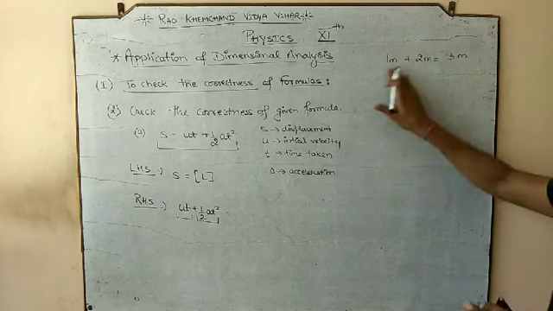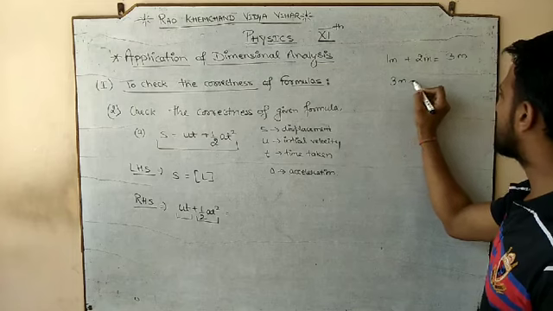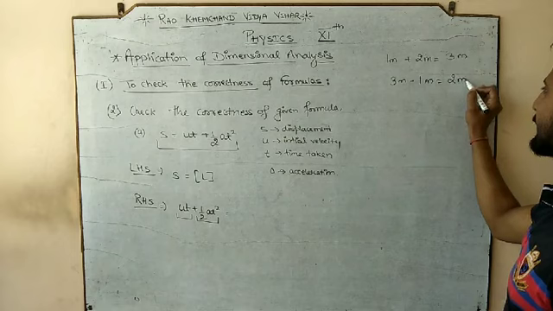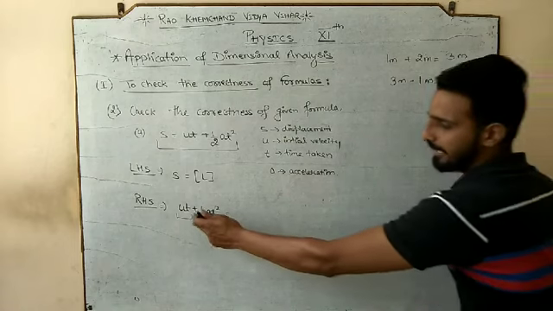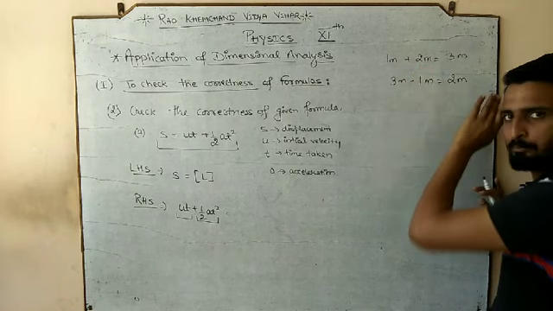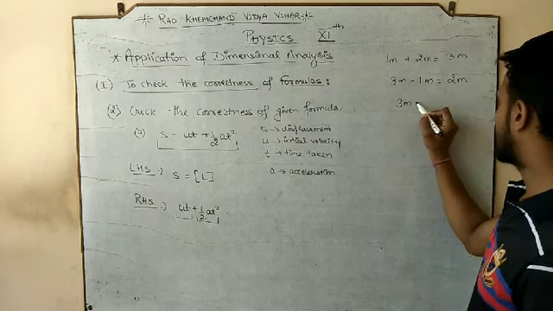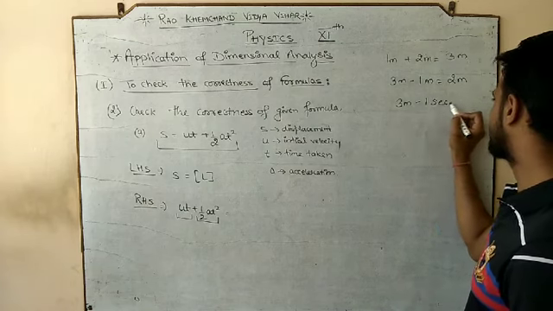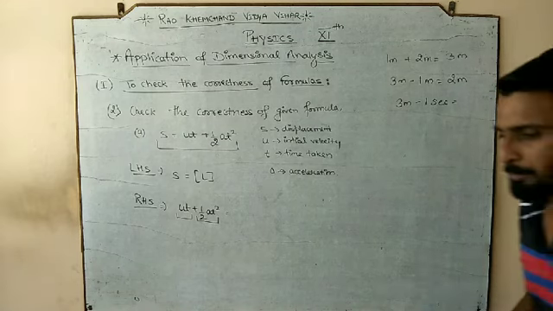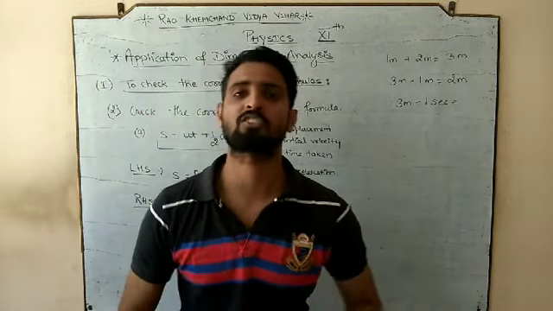So sir, I can solve 1 meter plus 2 meter, 3 meter. Can you do 3 meter minus 1 meter? Can you do that? Definitely sir, I can do. I am talking about the addition or subtraction. So you can do 1 meter plus 2 meter, you can do that. Now I am asking you, can you do this? 3 meter minus 1 second. Is this expression valid? Can you subtract 1 second from the 3 meter? No, it is not possible.